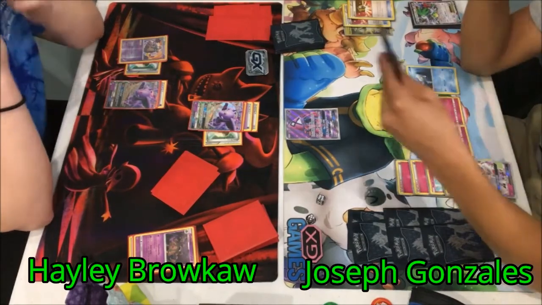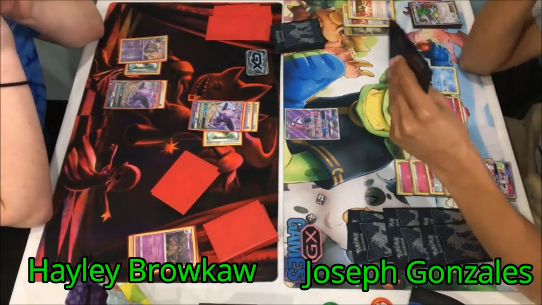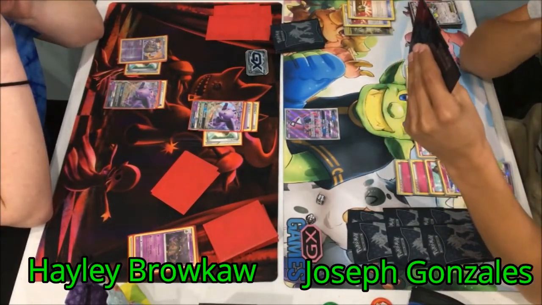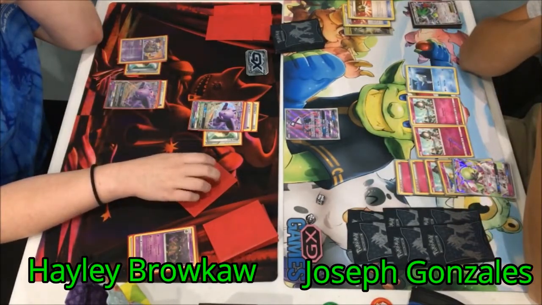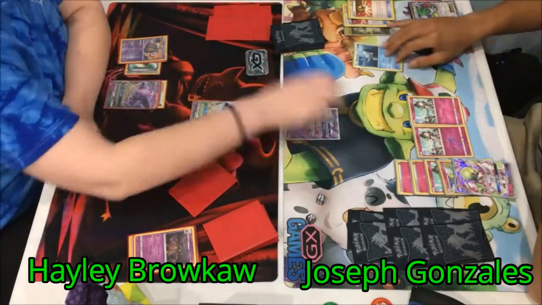Does attach the double colors to the active Espeon. Not sure if I'm in favor of that. Like I said, still think that you need to keep your energy count low against Gardevoir just because of the massive amount of damage that it can do. But it does look like she's going ahead and probably...